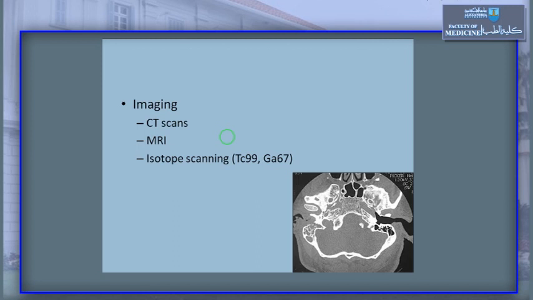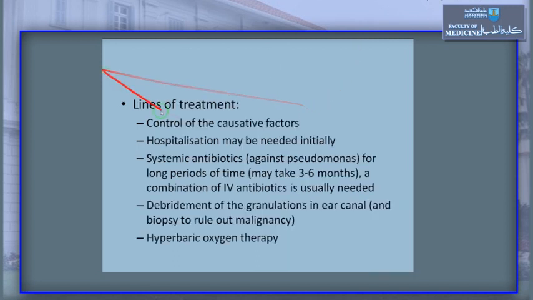The lines of treatment: most important is to control the causative factor. If the patient is diabetic, we need to do strict control of his glycemic state. We need to address the other complications of diabetes, if any. Early in treatment, we can put the patient in the hospital. He may be hospitalized for a few days just to help adjust his blood sugar and to initiate the antibiotic